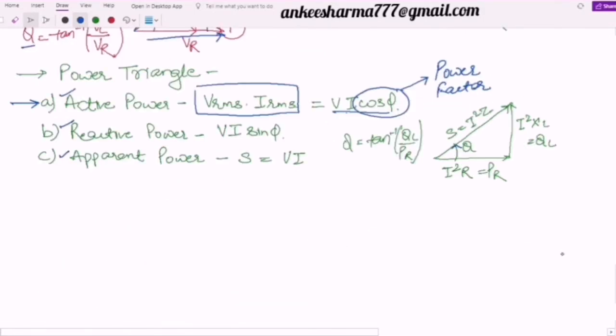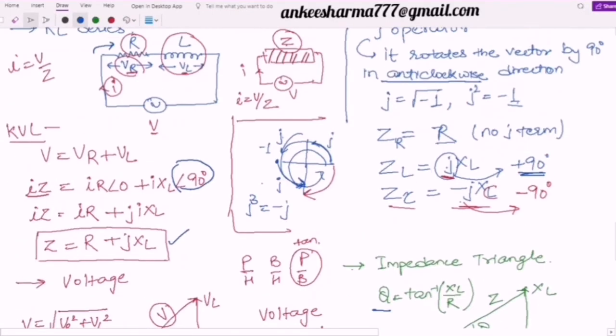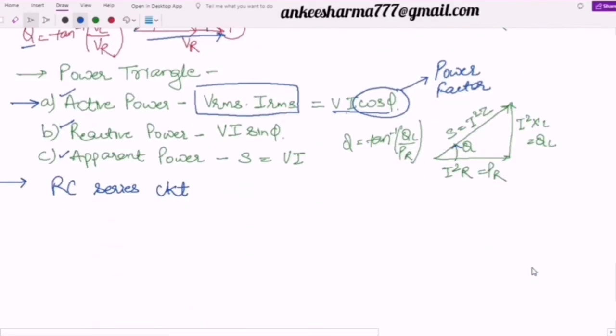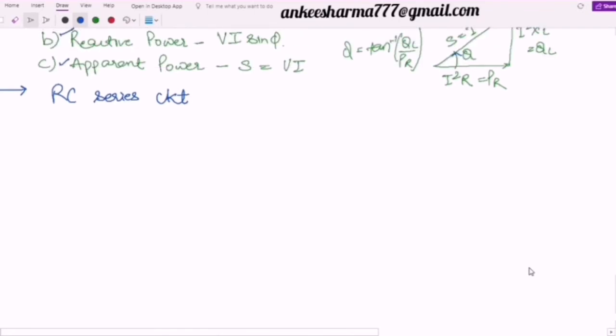So in the second case, we will discuss the RC series circuit, or simply the AC source across R and C. As we have done in the case of the inductor, where we had R and L across a voltage source V, over here we will have R and C. Let us see how this is going to affect things and what the differences are in comparison to the RL. If I draw the diagram over here, I will have a resistor and a capacitor connected to a voltage source, an AC voltage source I must say.